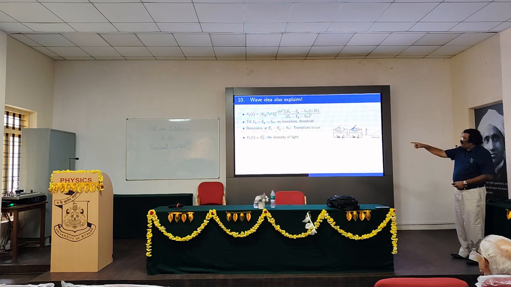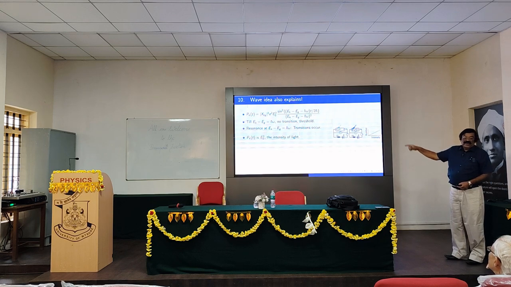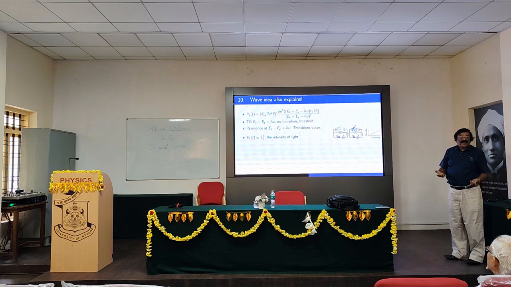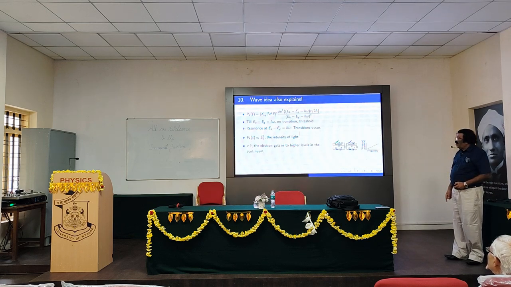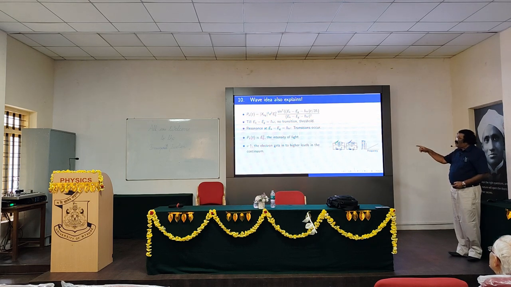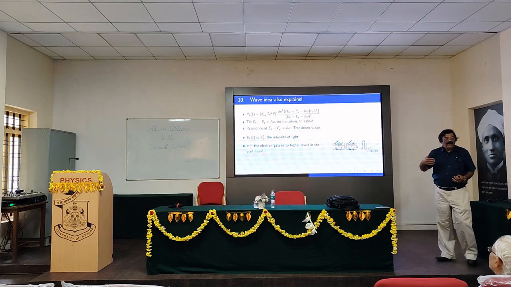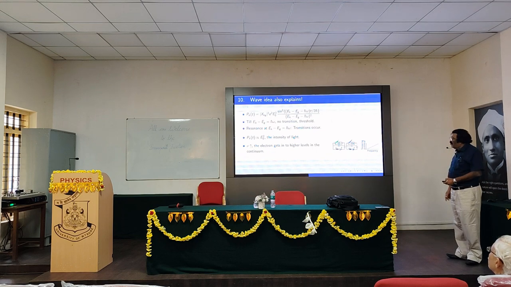Next, Pk of t is proportional to E naught square, as you can see in the formula. E naught square is the intensity of the electric field. So therefore, more intensity, more transition. So the second observational factor in the experiment is also explained by this Lamb-Scully idea. As frequency increases, the electrons get into higher and higher energy levels in the continuum, which means they will move with higher kinetic energy. So that is also explained using this.